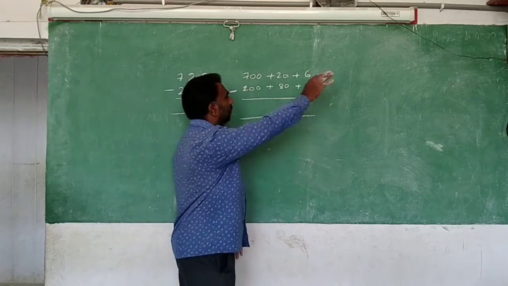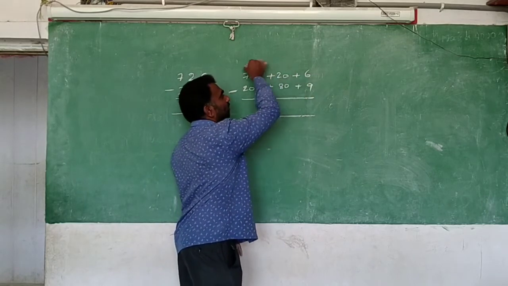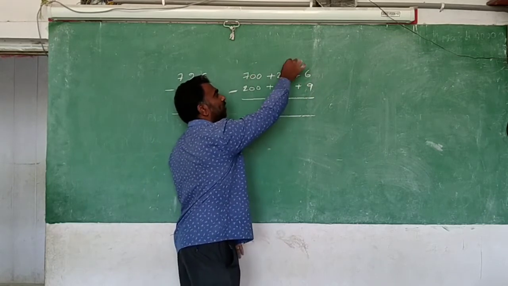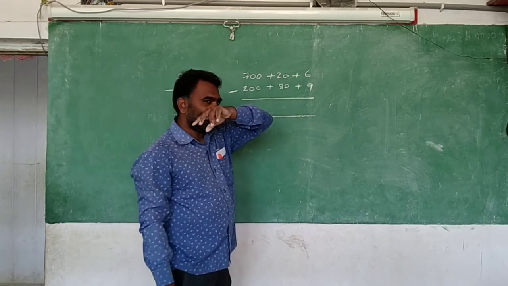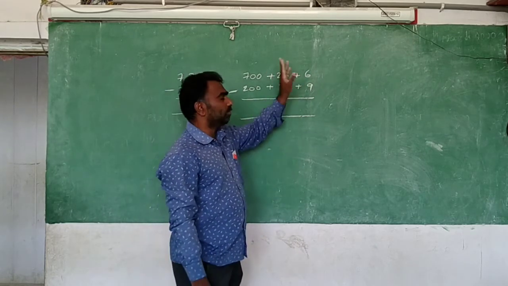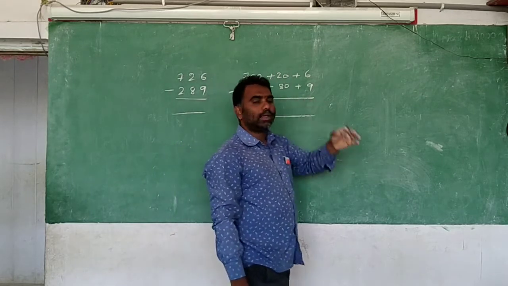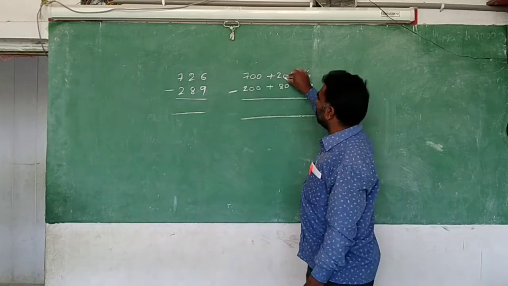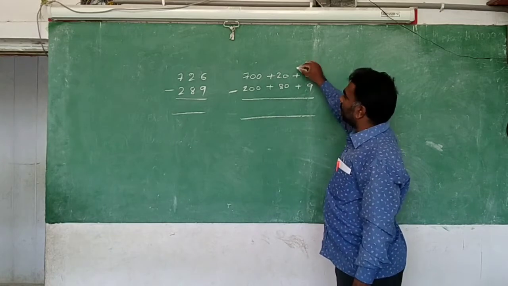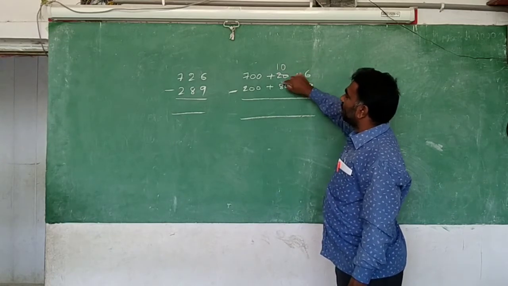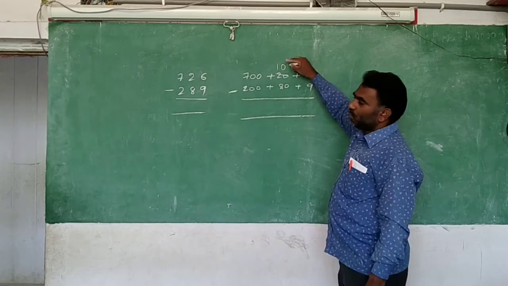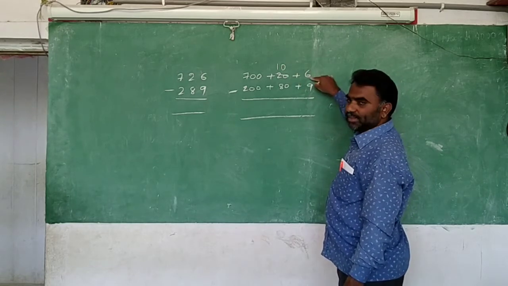You see here, all these numbers are from one side only, no? That's why I can take from here. 10 apples I will take from here. At a time 10 only I will take, not less. So from this 20, 10 apples I will take here. Means how many are left here? 10 left. Instead of 20, 10 left. 10 have been given here.